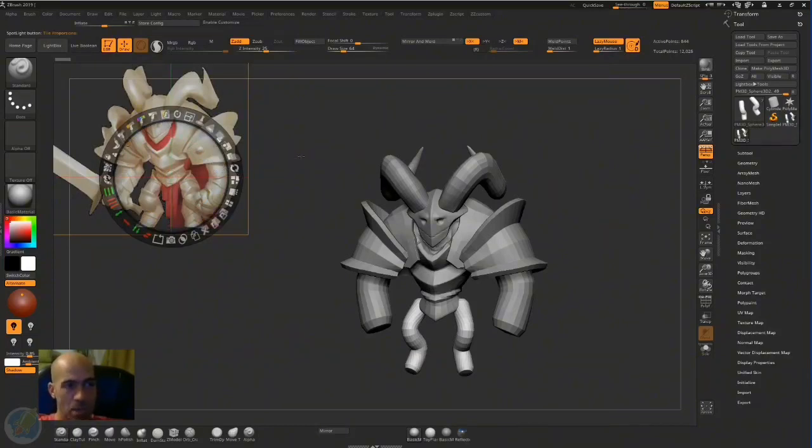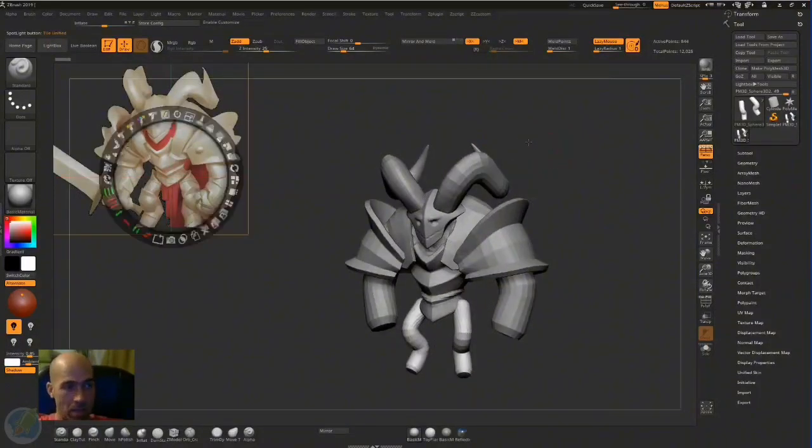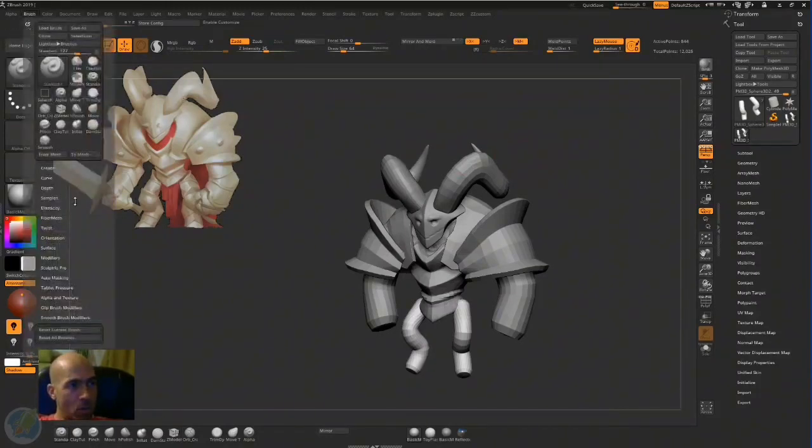So now I'll press just Z on my keyboard to hide this circle and start working. But if you remember, by Z you can make the circle appear again. But we have to do one more thing, which is go to Brush, because most of our brushes won't work, and